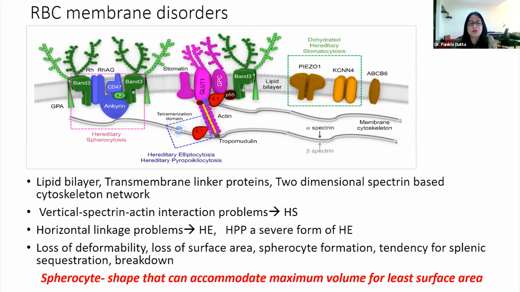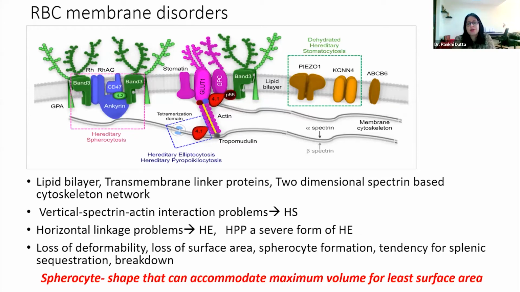It is subjected to a lot of stresses and a lot of difficult situations. So it has to be elastic, has to be deformable. But because of loss of deformability, it will spend more time, has more difficulty in traversing through some situations, which leads to loss of surface area and